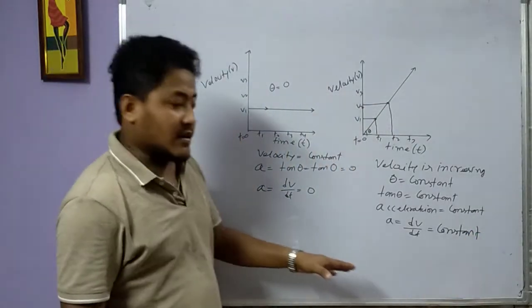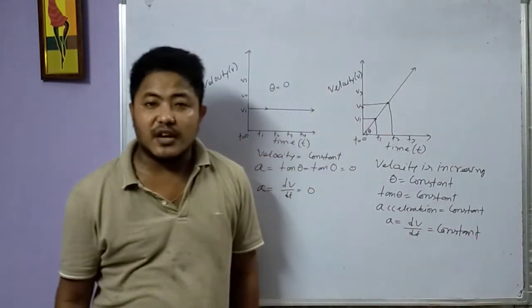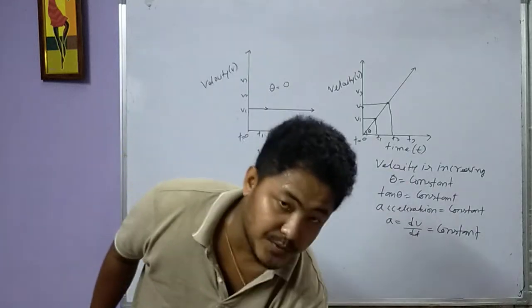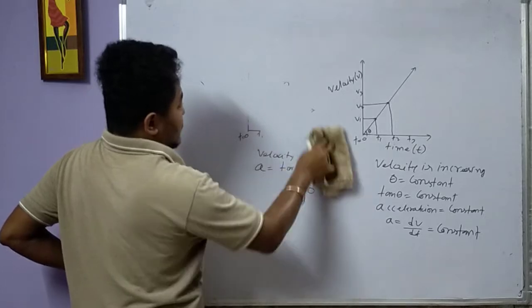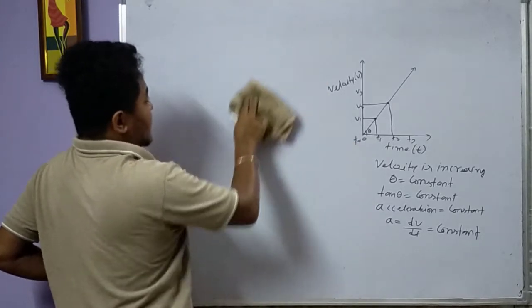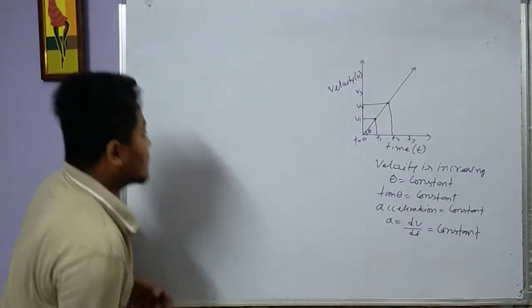Is this point clear? That means acceleration is going to be constant. Now you come to the last diagram of this particular case. If you have a situation like this in the acceleration velocity time graph, suppose